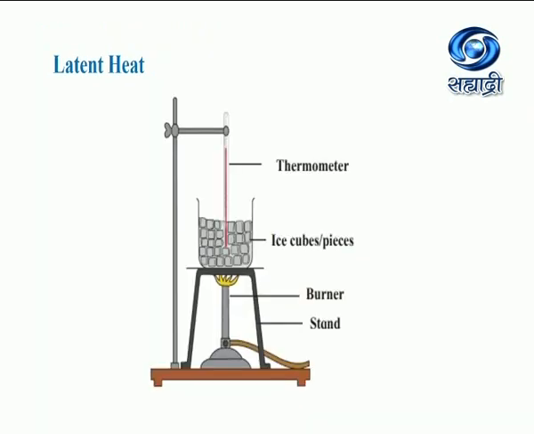Latent heat can be studied with the help of an experiment. For this, take few pieces of ice in a beaker. Insert the bulb of thermometer in the ice and measure its temperature. Put the beaker on the stand and heat the ice using a burner. Record the temperature after every minute. As the ice is heated, it starts melting. Stir the mixture and continue heating even after ice starts melting. Draw a graph of temperature versus time. Let us see a video showing the above experiment.